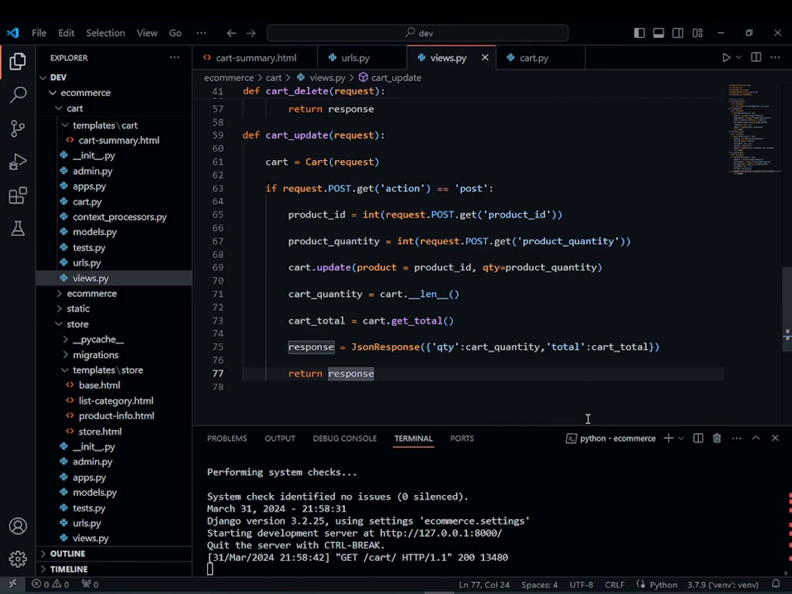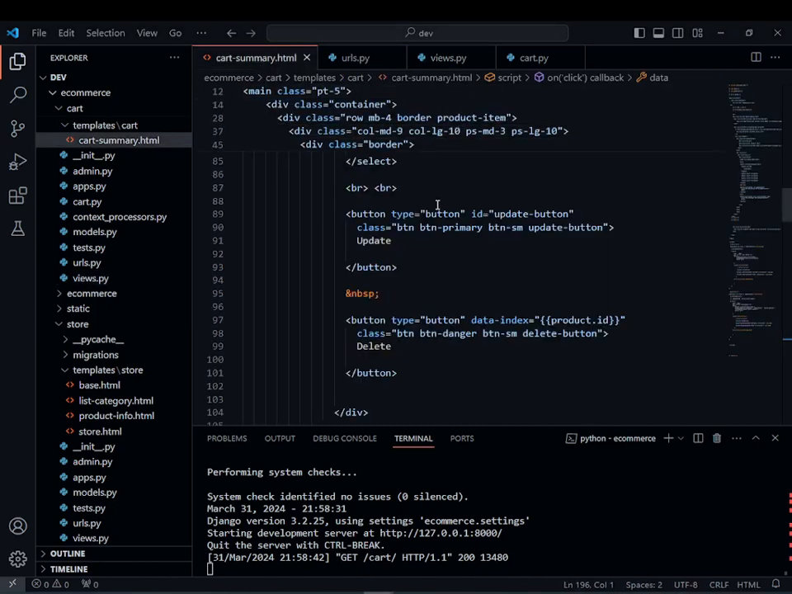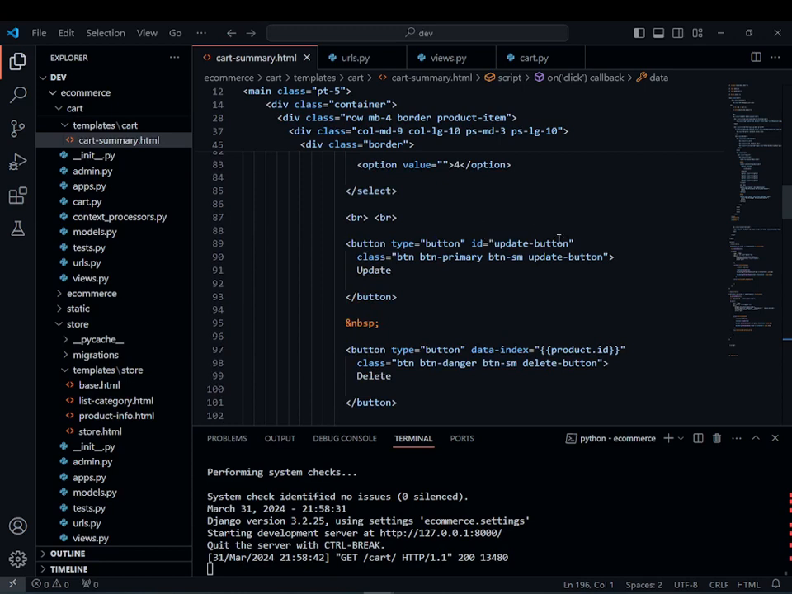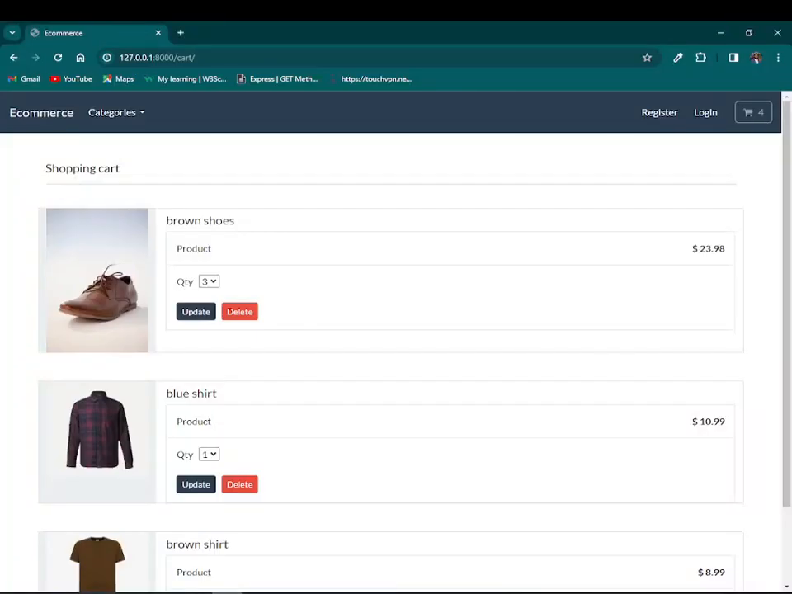So the reason for this is, if you go to record summary.html, here we forgot to mention that data index in our update button. So Control C and Control V, and here what we want is our data index. So now if we save it and go to our site, refresh it, and now if we change our quantity to 3 and update,